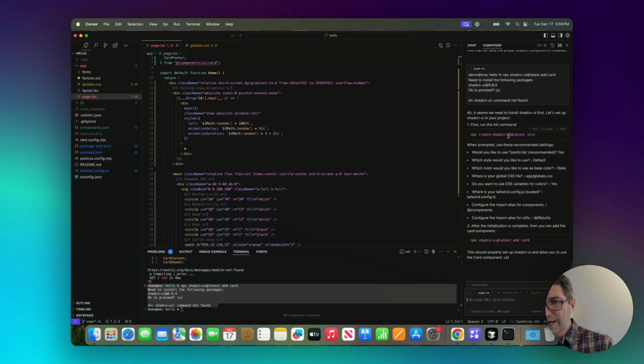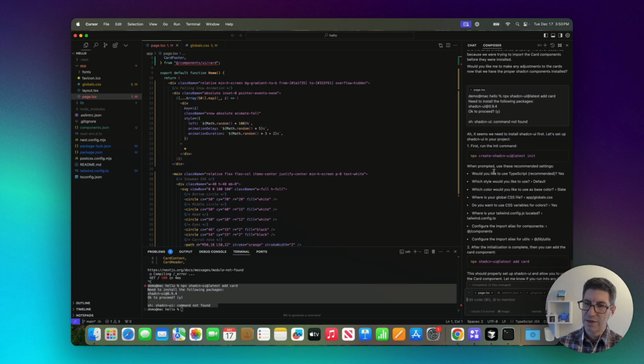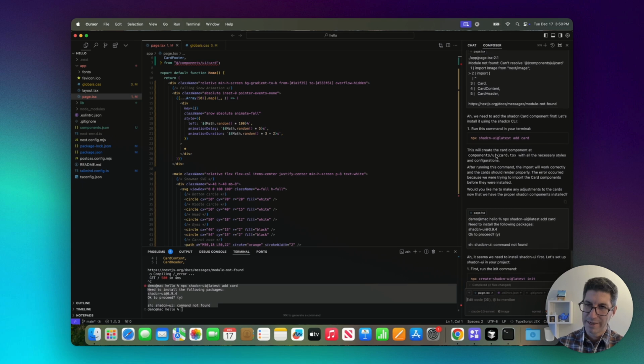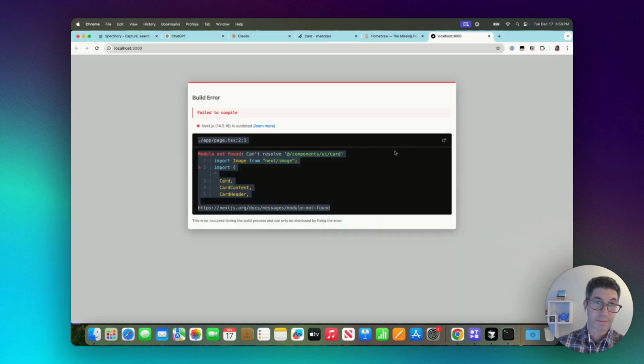See, so now it's sending us in a loop. And this is where just having past experience is helpful. So unfortunately, AI and chat can't get us everywhere. What's actually happening, and again, I know this from experience, is that this command is out of date. And if we go